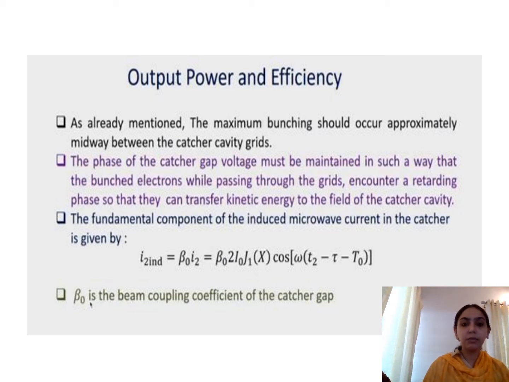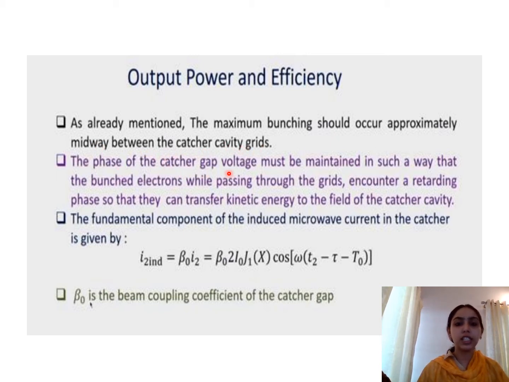We have already seen the working principle of the klystron amplifier, velocity modulation and the bunching process. Now we will state the output power and efficiency. First point, we already know the bunching is going to occur approximately midway between the catcher cavity gates, and when